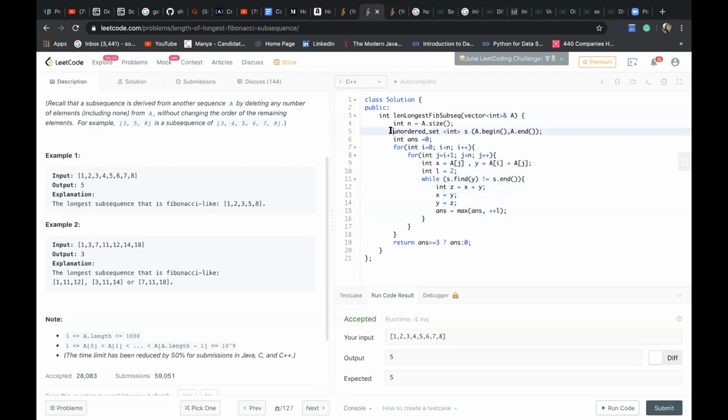And this unordered set takes just O(1) time to look up, though for the traversal it is taking extra space, which is O(n). But building that set will also take some time, right? Building that set will also take some time.